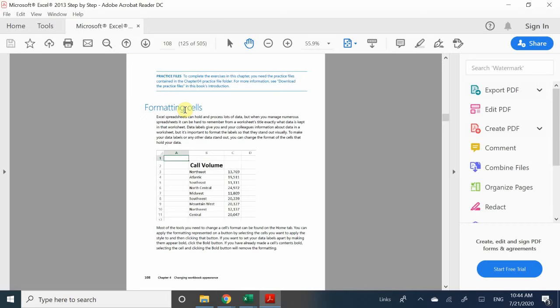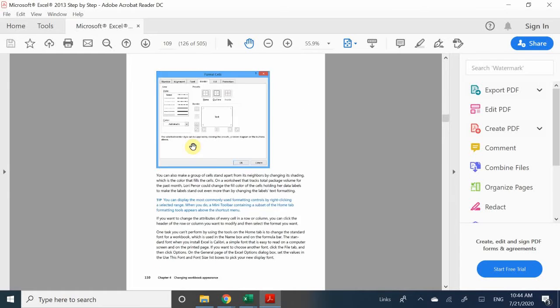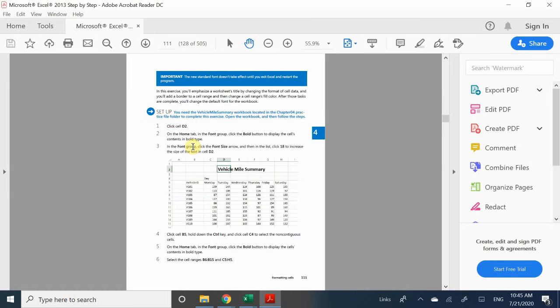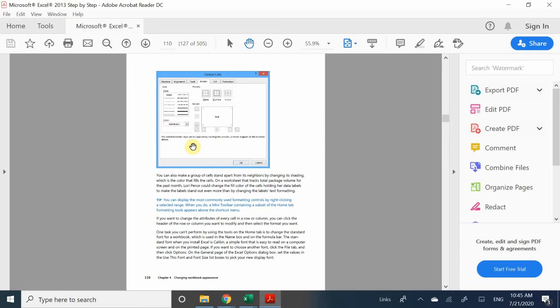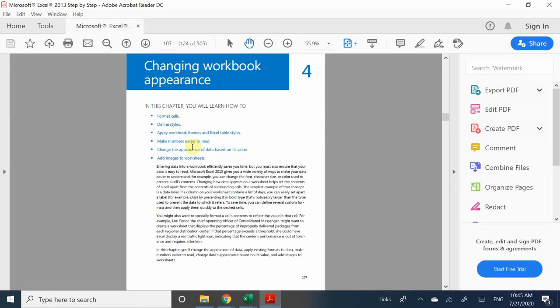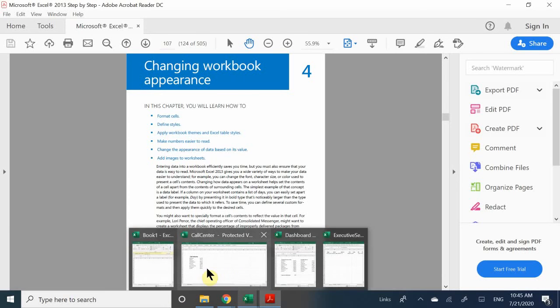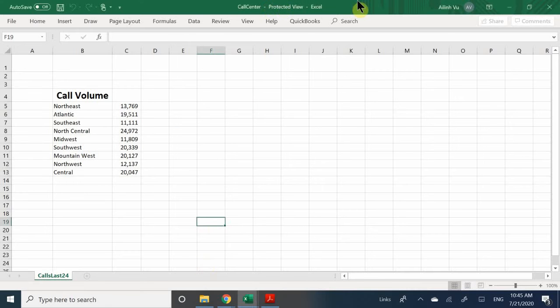Now let's go ahead and dive right into the very first section, looking at the different fonts, different colors, and different options that you have when you're dealing with the exercise. So here I have the exercise out right here. We have things such as call volumes and whatnot. Now it's already bolded, and I'm going to go ahead and